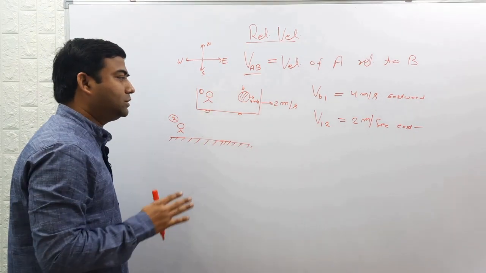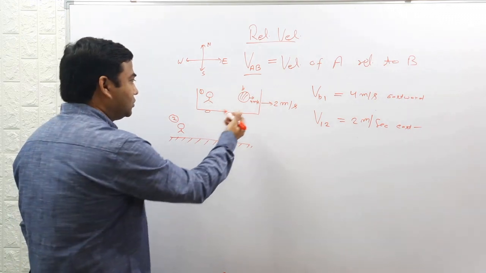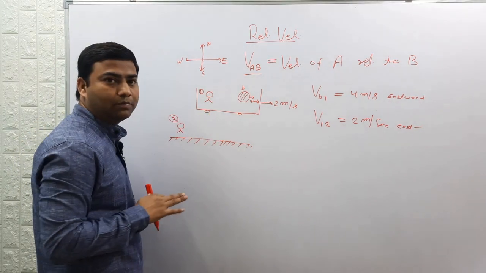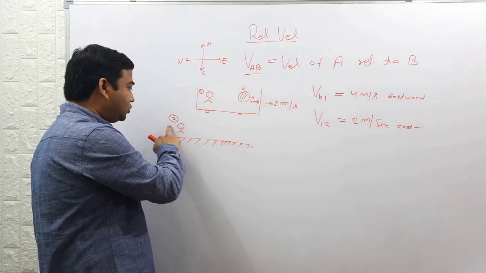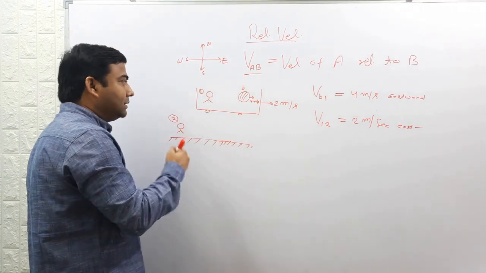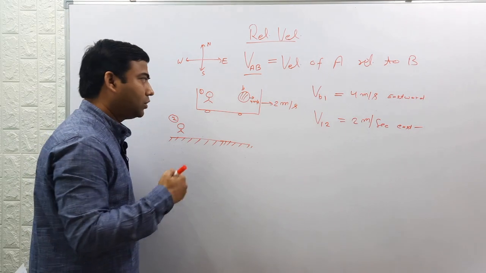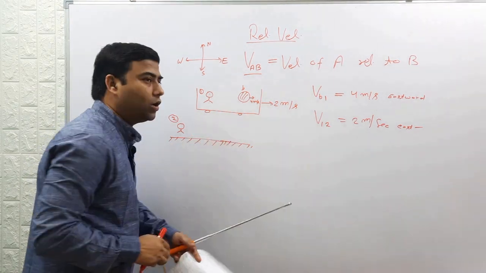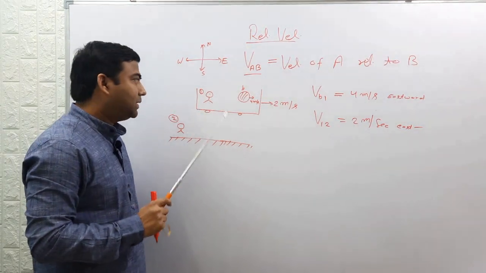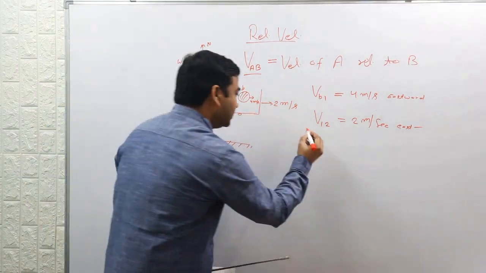We have taken a very simple example so that you can understand it properly. Otherwise, these are all vector expressions. So V1, how will observer 2 see the motion of the ball? If observer 2 observes the motion of the ball, then this will be the velocity of the ball with respect to observer 2, or we can say the velocity of the ball as observed by observer 2. In simple terms, the relative velocity of the ball with respect to observer 2, that is